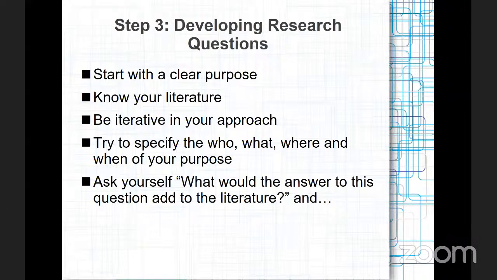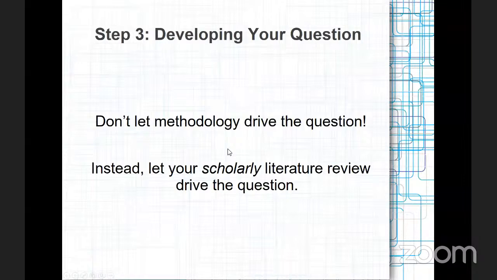You need to read the literature. It's not just an algorithmic process. You need to know the who, what, where, when of your purpose in order to figure this out. I remember last semester some students came to me in consultation time and wanted to know the exact method. I'm like, there's no one method. This is a trial and error area.